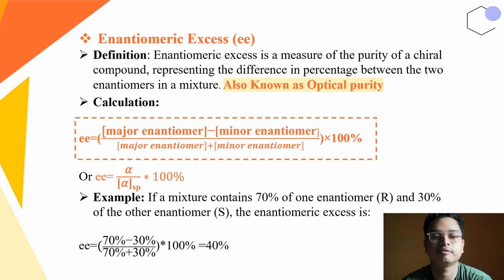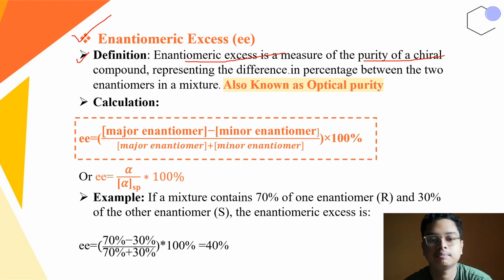Now we are talking about a very important thing: the enantiomeric excess. Mostly this type of question comes repeatedly in the examination, like how to determine the enantiomeric excess of a particular compound. First of all, talking about the definition, enantiomeric excess is a measure of the purity of a chiral